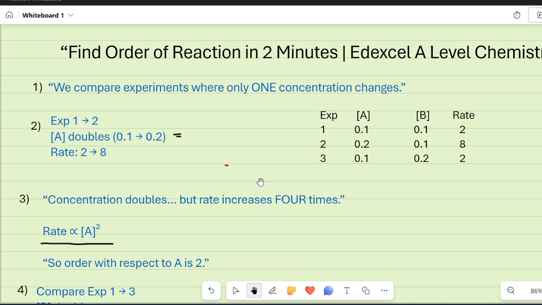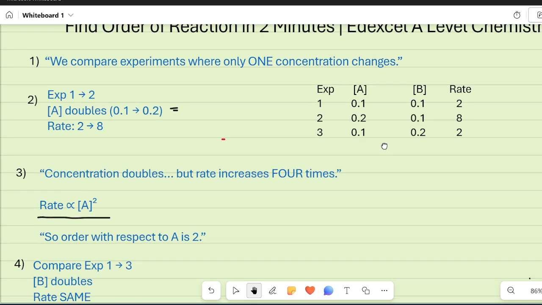In today's class, we are going to learn the order of reaction. They give us the data. In that data, they give us the concentration of two reactants A and B and the rate. They did the experiment 3 times with different concentrations of A and B. How to find out the order by using that data?